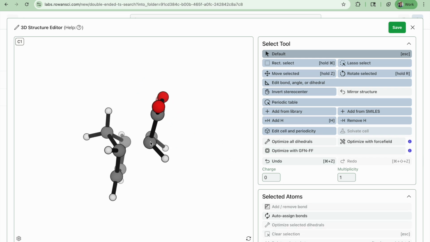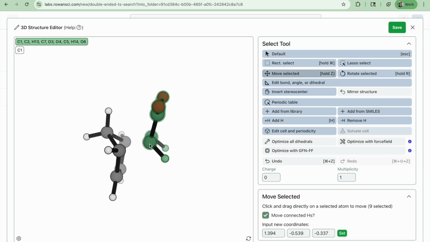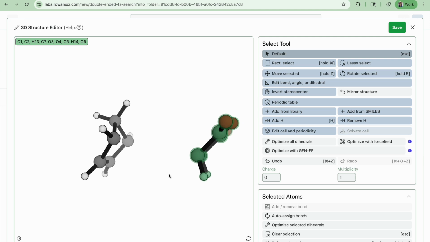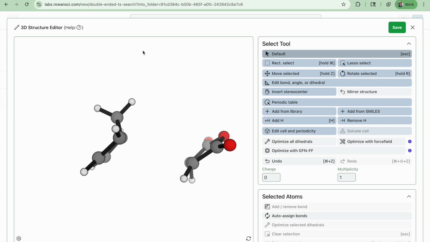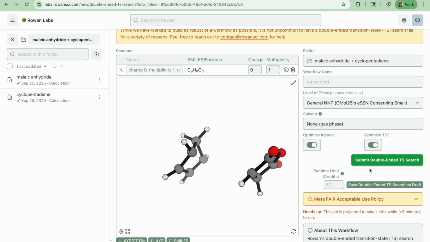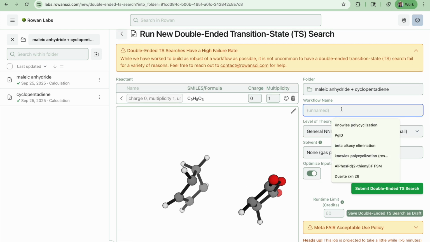Then we'll just double click on this structure, hit Z, and drag it away. And there we go, 2 separate species. One thing we can do, even just to clean this up beforehand, is say optimize with GFN FF. That will just let these molecules relax a little bit so that the optimization is simpler later on. Okay, and so we'll call this